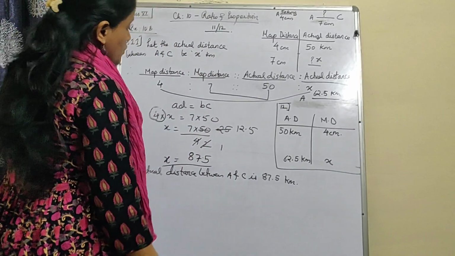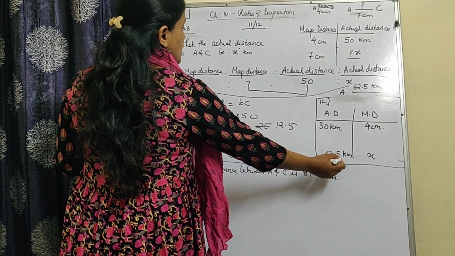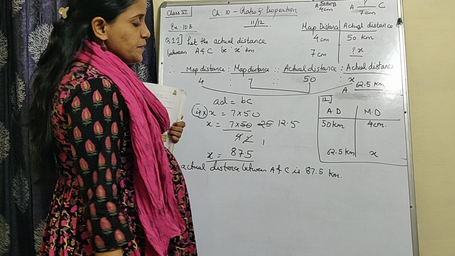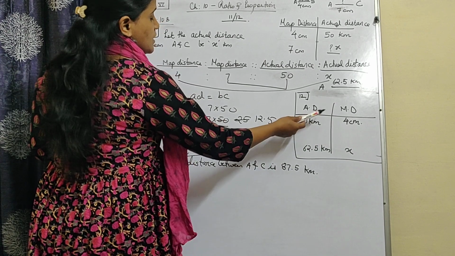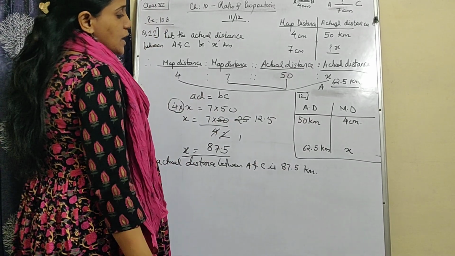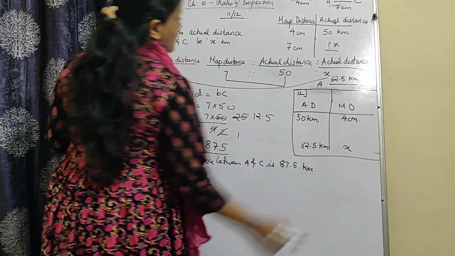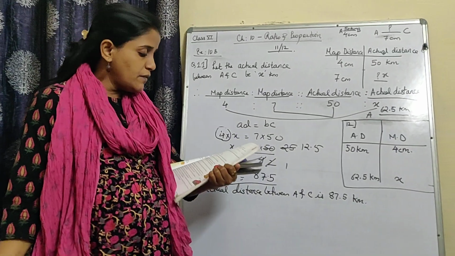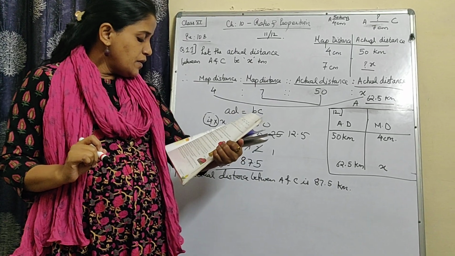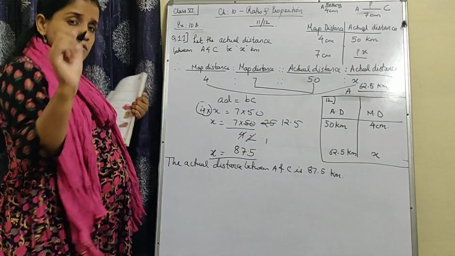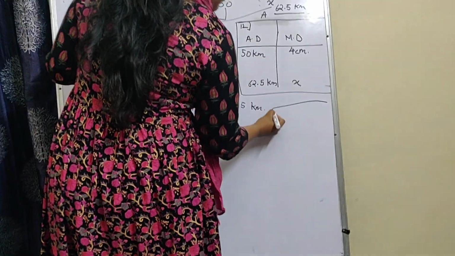Now what can you do? You can write down the statement as: let the map distance between A and D be x centimeters. Therefore you can write actual distance is to actual distance as map distance is to map distance, and you can find the solution. You can do the solution and find the answer for question number 12. So this is the way you are going to do question number 11 and 12 right now in the class. After doing question number 11 and 12, please mark it right now. Your homework will be, where do I write? Okay, here I am writing.